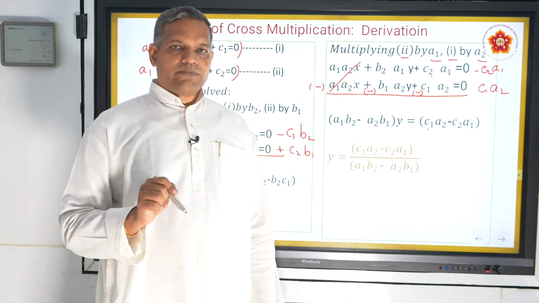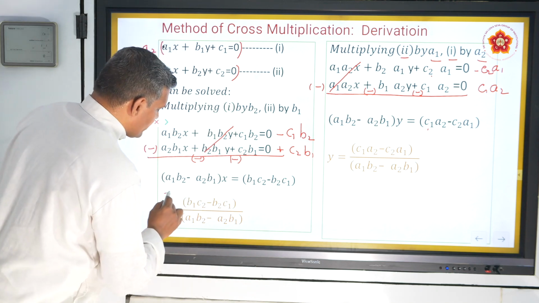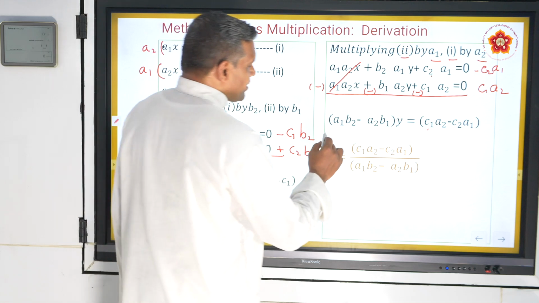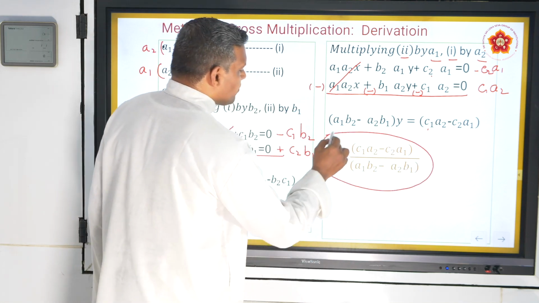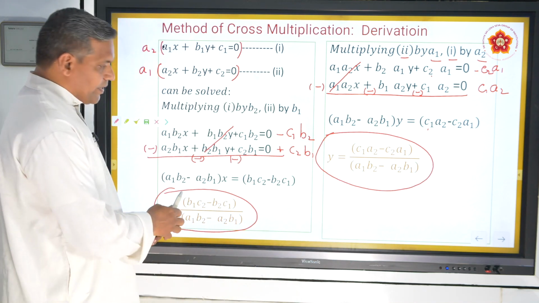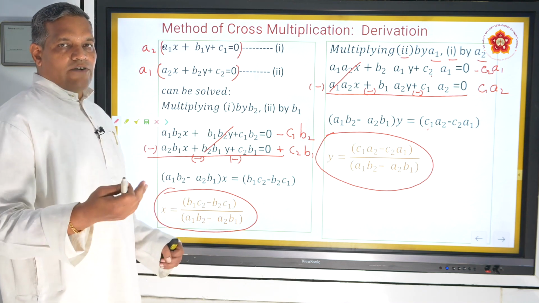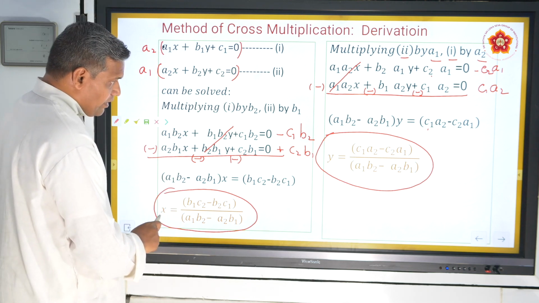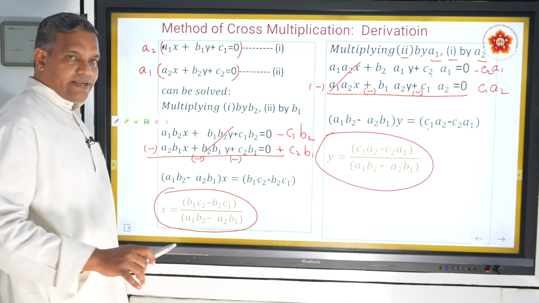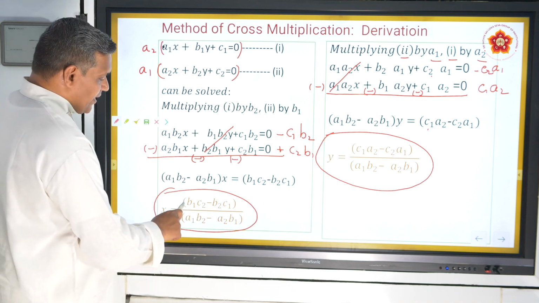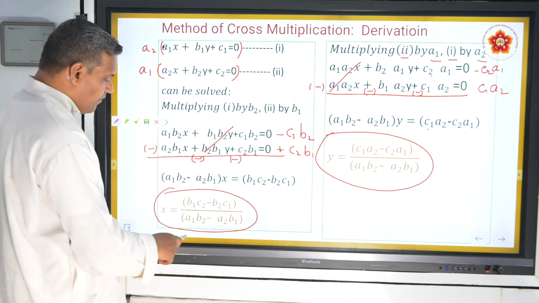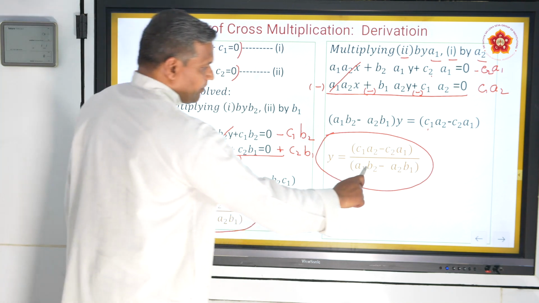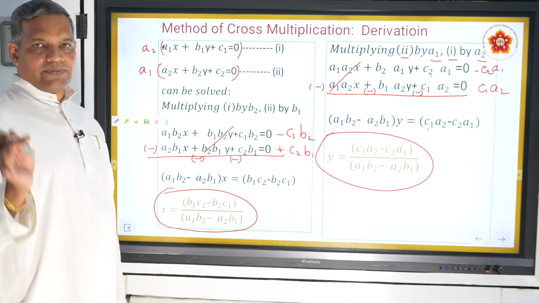So finally, what you should remember is only these two equations. What is the value of x in terms of coefficients? What is the value of y in terms of coefficients? Now to remember this, in the next slide I am going to make you very, very comfortable, or here itself you can try. The moment you are asked to find x, don't take a. Next to a is b. So BC you write. And always in the denominator AB you can write. In the denominators of x and y you write AB.